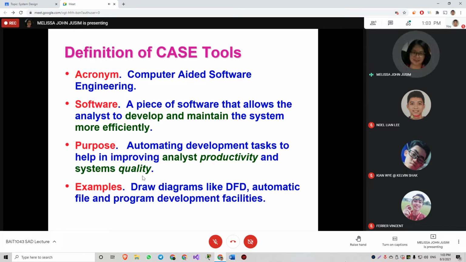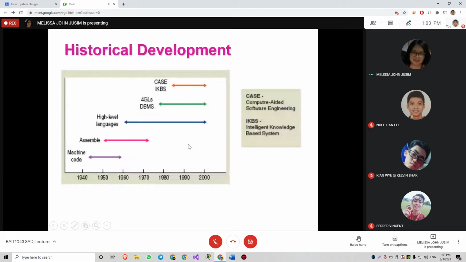What are examples of CASE tools? CASE tools can help the SA draw diagrams, like the DFD, and provide other automated development tools. If you look at this slide, CASE tools have existed since the 1980s.